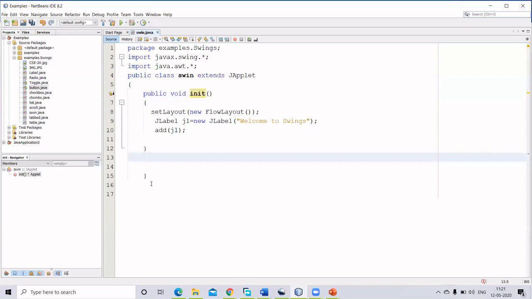That is the advantage of using this applet. Even in your textbooks, you can see most things are done through applet, because you can use it through the applet viewer, or you can run it using your web browser also. As he told, you can write an HTML code and call this applet class, and it will be executed through your web browser also. That is also possible.